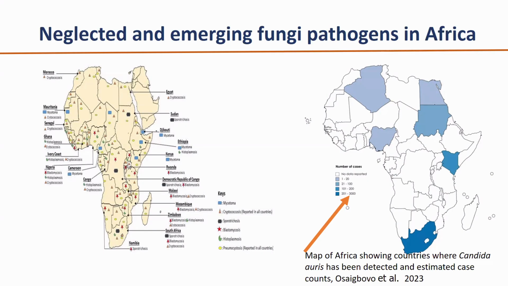So even when we have a low number of Candida auris cases that have been reported, we have Candida lusitaniae, which also has a high resistance pattern similar to Candida auris, and it is common in Africa, of which it's also a problem, and it's also a problem when it comes to its management.